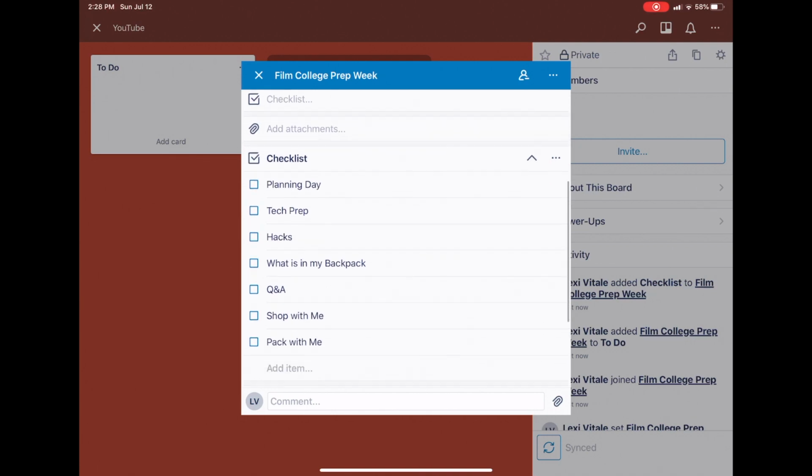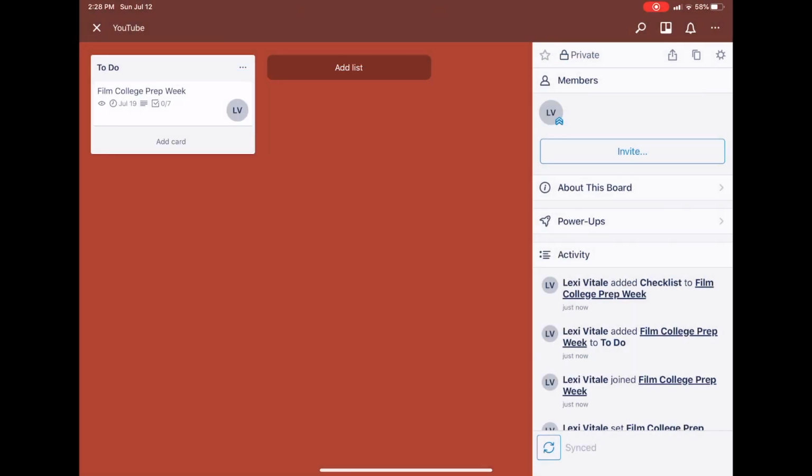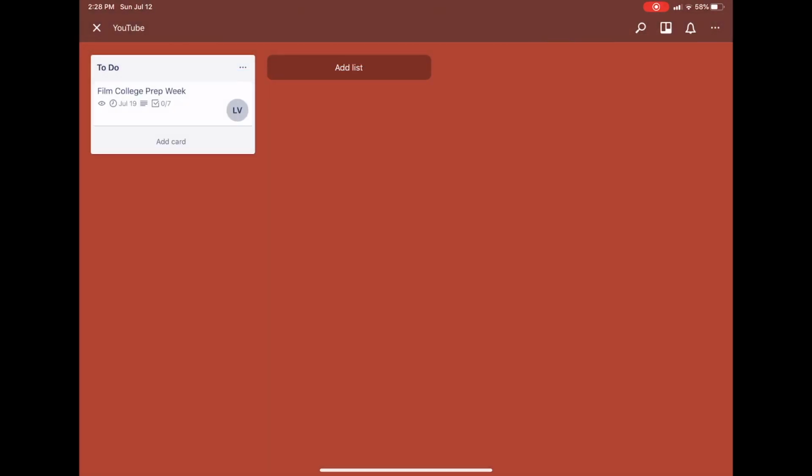And then I can name the other list, like finished products, or I can make another list of ideas and check off the ideas that I do. It's just a really cool app, and I wanted to share that with you all. So yeah, Trello is just really awesome to keep you super organized and on top of what you have to do. And like I mentioned before, that feature where you can put your assignments actually in comes in so handy,